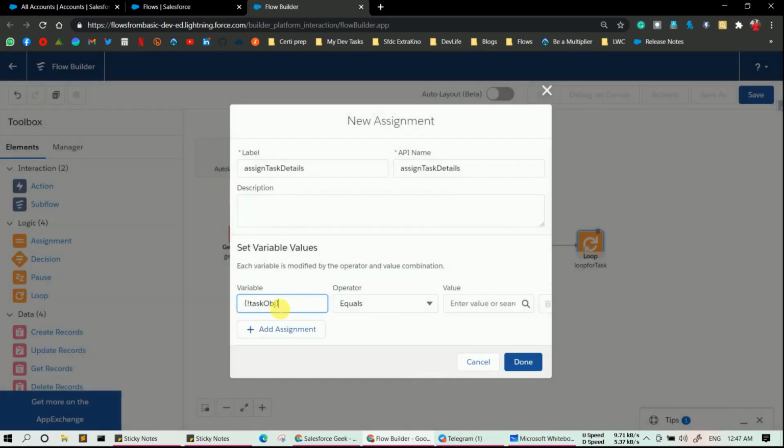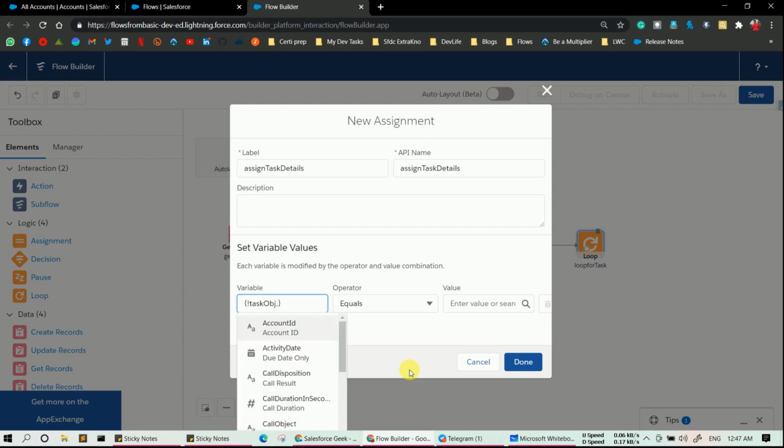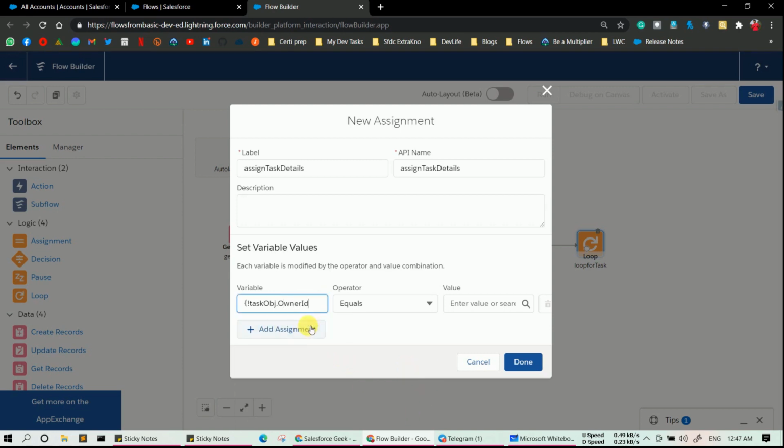Now as you have the task object, simply move your cursor back and type dot, and you need to provide owner ID, basically assigned to ID. Now how can you provide assigned to ID?